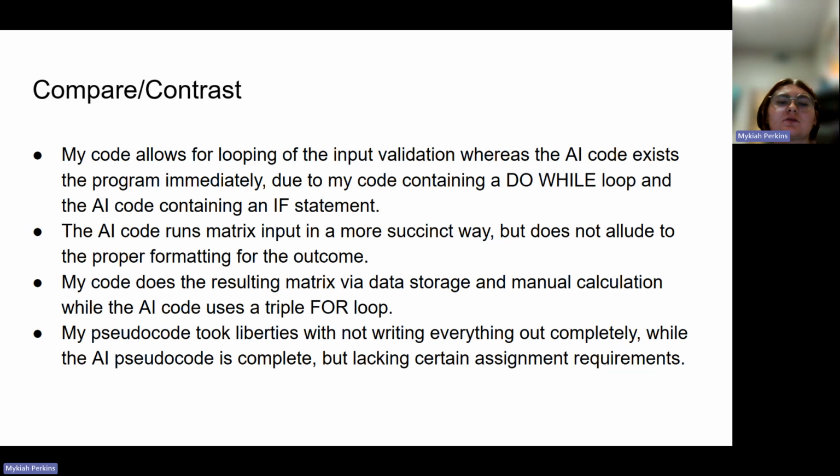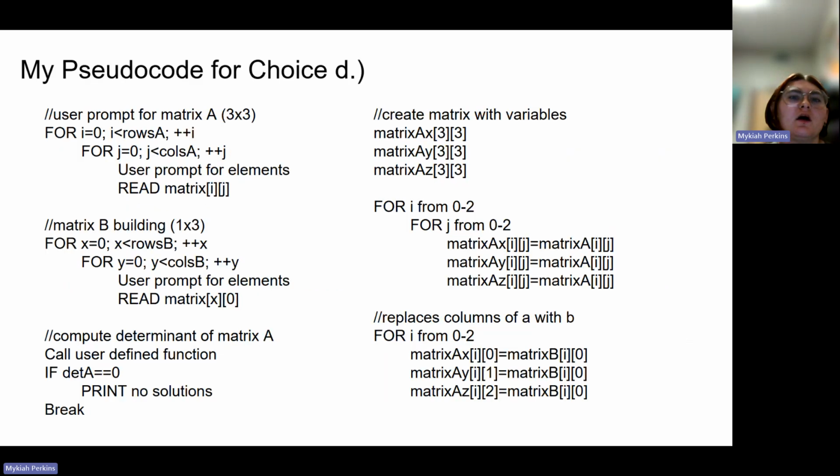And then my code does the resulting matrix via data storage and manual calculation, while the AI code uses that triple for loop. And then my pseudocode took liberties with not writing things out completely or writing things more in depth, whereas the AI pseudocode is consistent throughout. So my pseudocode for part D